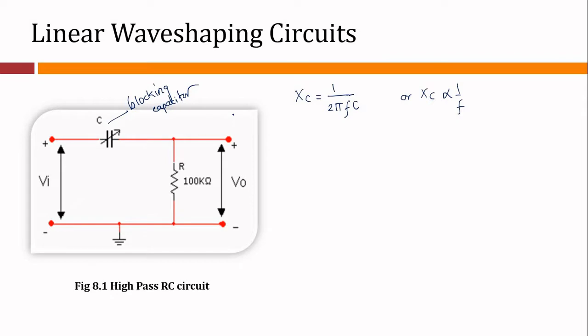Now in this experiment we are supposed to apply a specific input signal as Vi. Typically as far as the analysis is concerned, we can apply a step input, we can apply a pulse input, but for our practical application, we are going to apply a square wave input. So let me draw a square wave input. What is important here is the time constant. This is the input signal. Let me write this as Vi,